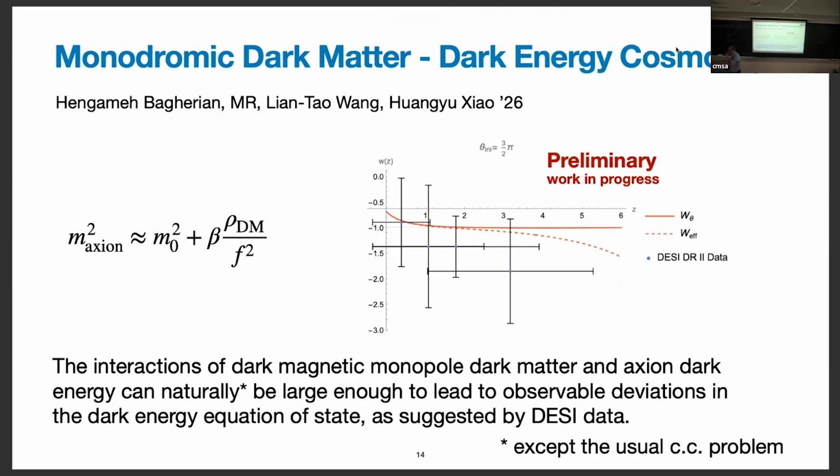How heavy are these dark monopoles? Oh, they're very heavy. I'm forgetting, 10 to the 10 GeV or something like that. Huang Yu, do you remember? Could be all the way from 10 to the 5 to 10 to the 10 GeV, depending on the mechanism. So maybe once we've decided which mechanism we're going with for sure, I can give you a more precise number. But they're very heavy.